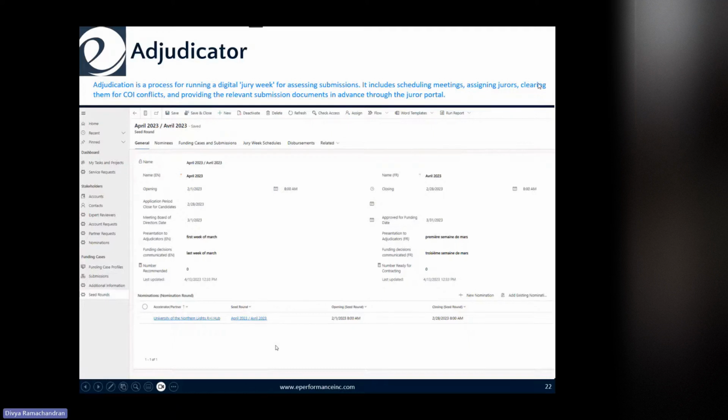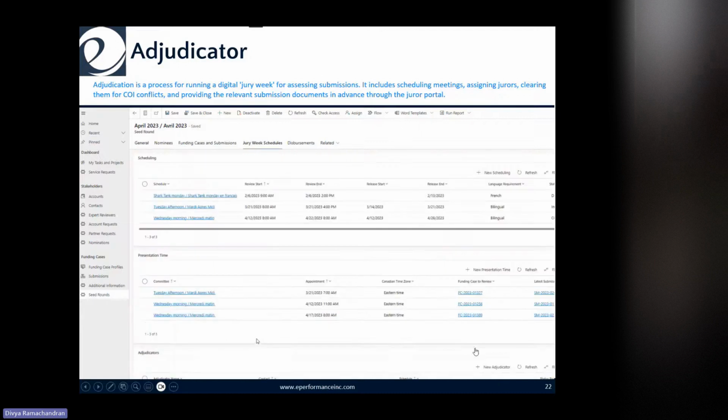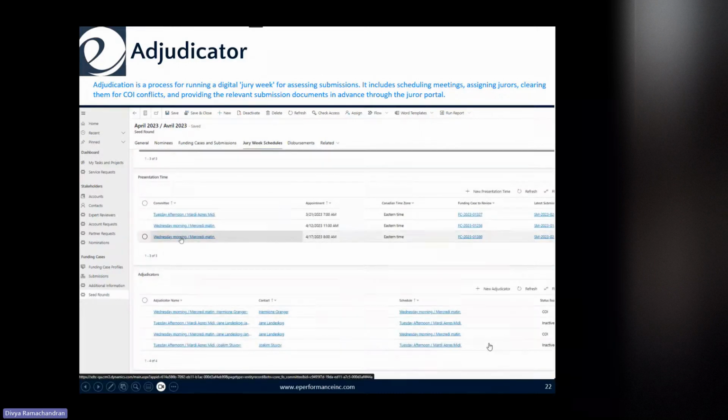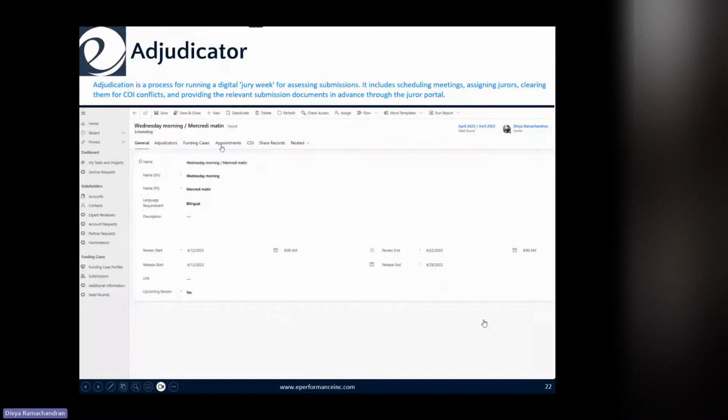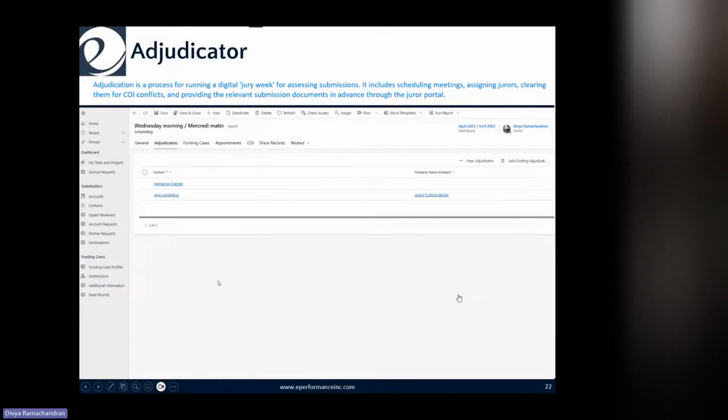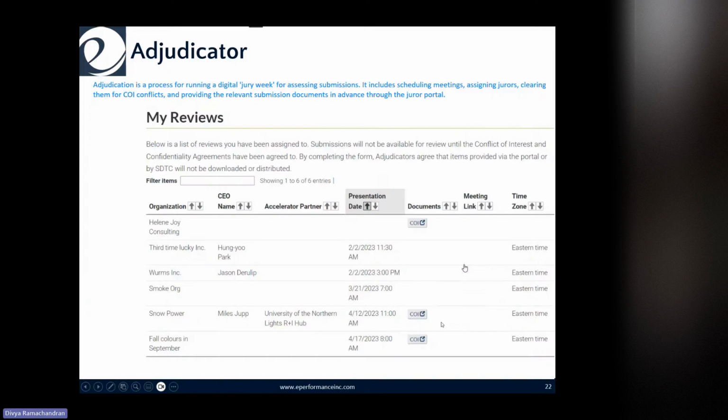The other feature that we have is the adjudication process. So adjudication is where a lot of organizations have a digital jury week or something that is done from a review perspective where multiple reviewers schedule meetings, they assign jurors to those meetings, any conflict of interest is identified, and the relevant submission documents are sent to the juror in advance. So in this case, as you can see, I've set up a meeting or an appointment for April, and I've assigned a few jurors to that